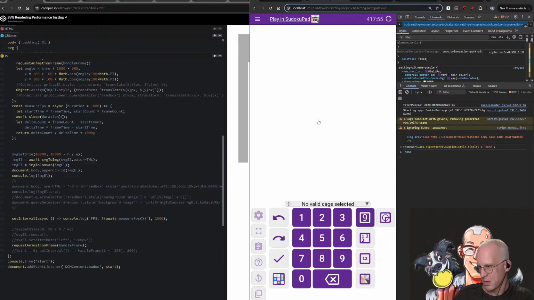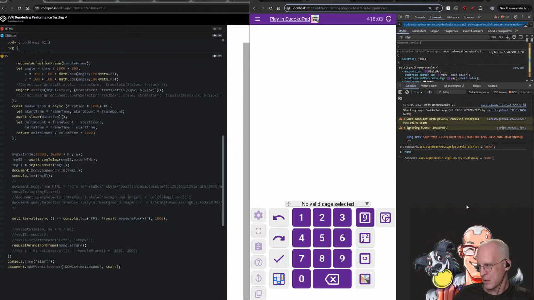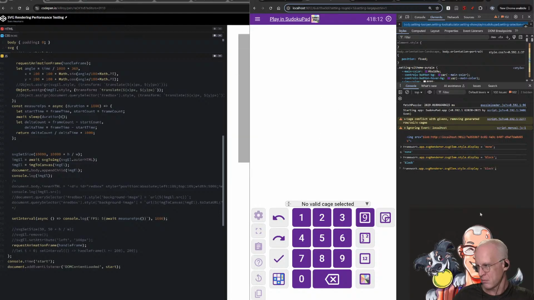Right? I think this still sort of works. If I do Control A and do this, and then I say display block, or display auto, inherit,